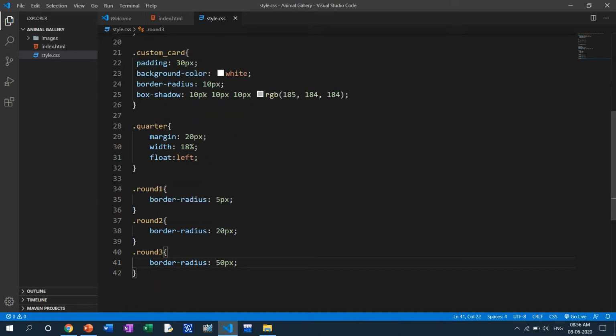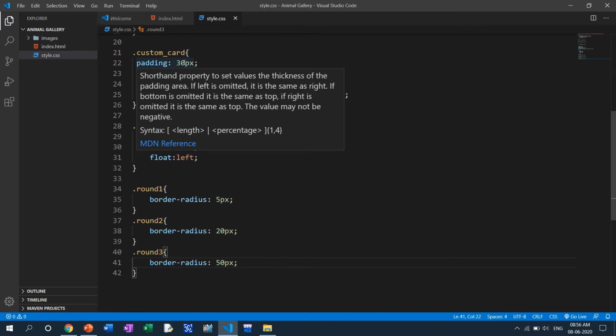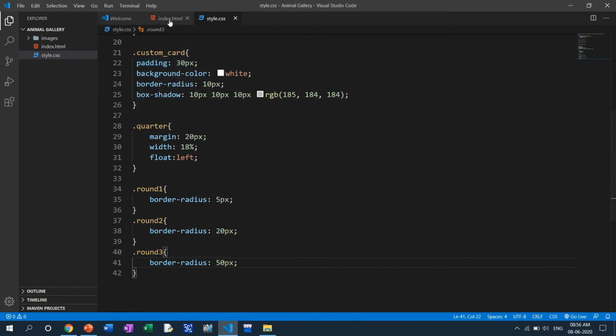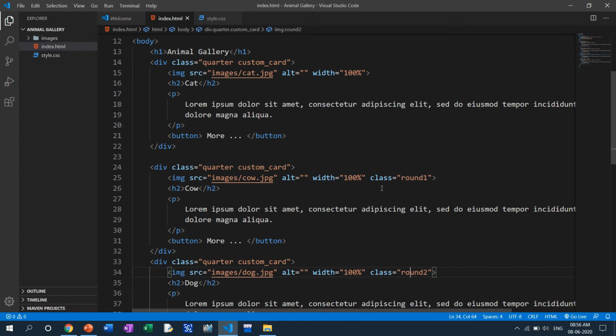Border radius 2 and border radius 3 are perfectly working, but where you have to put it, it is there. Image round 1. If you put it earlier also, or even D1, spelling is fine. Yeah, spelling is fine. So IMGSSC